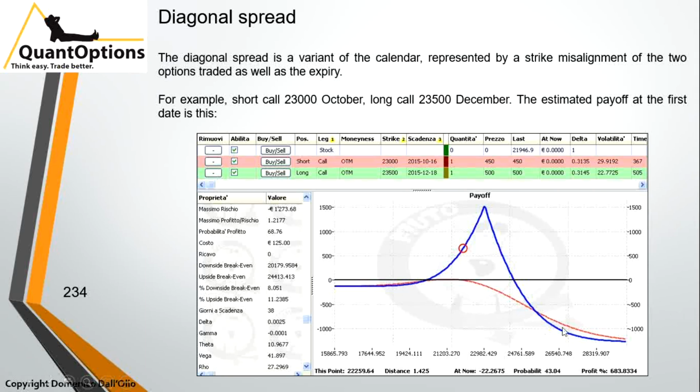The same applies here, but here it is no longer an advantage of the calendar spread, the diagonal in this case. So I must say, in my humble opinion, I am not very fond of this kind of strategy,